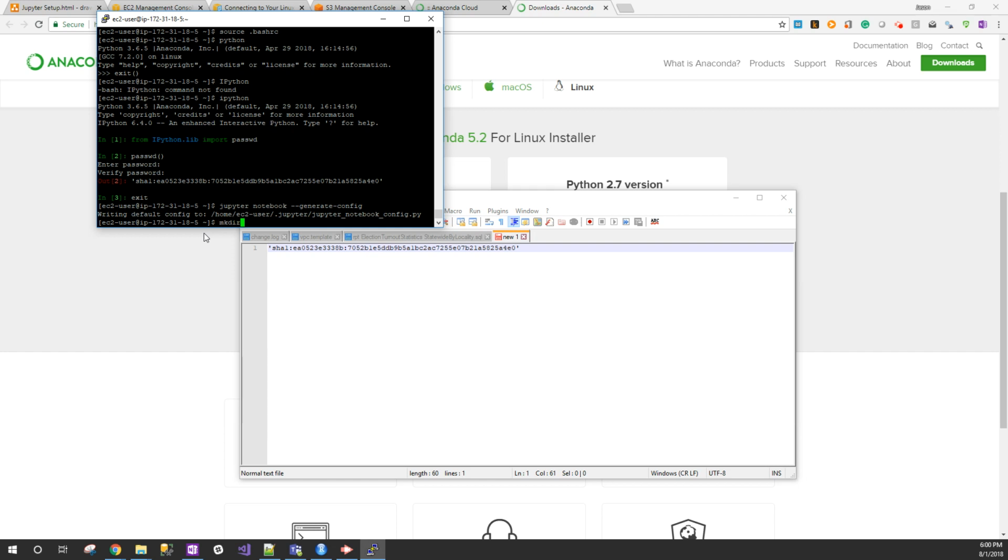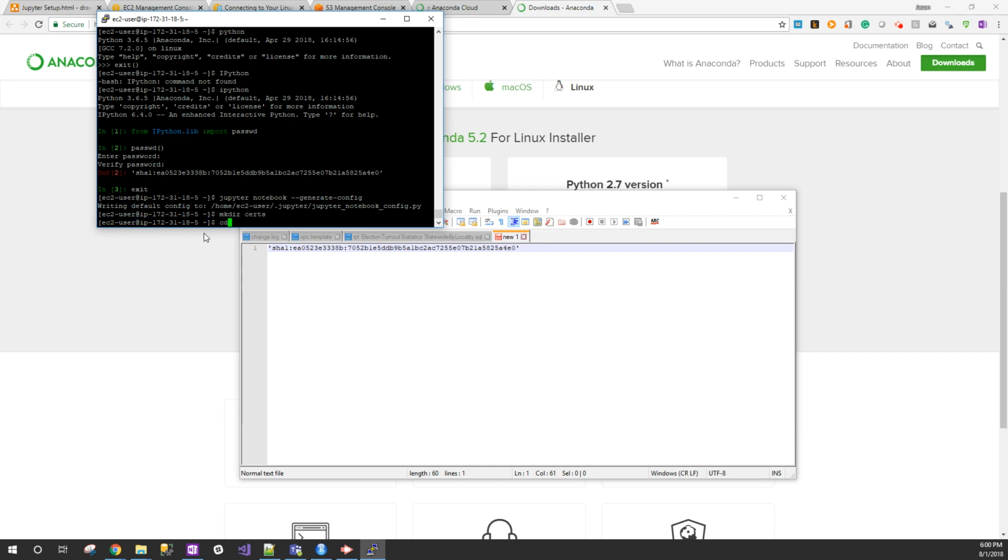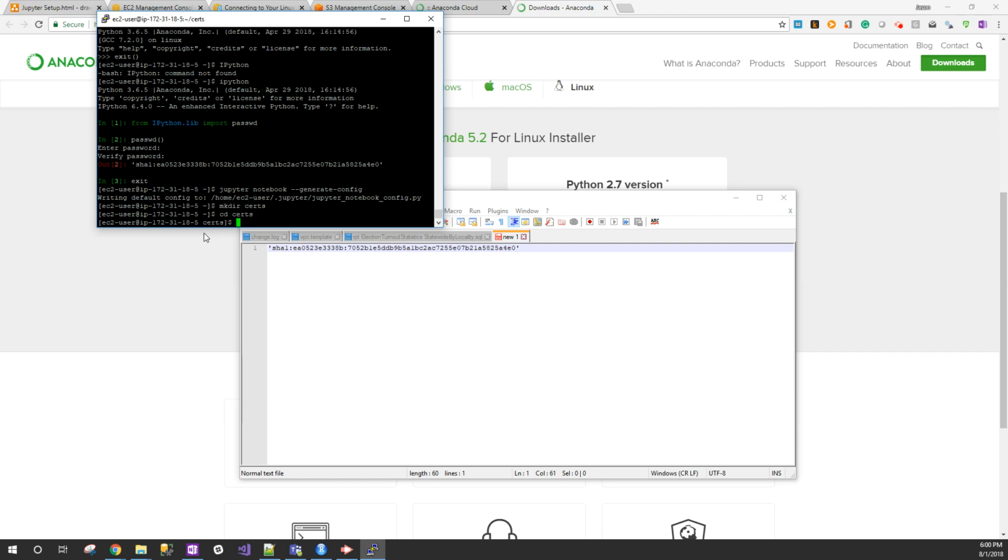mkdir means make directory. We're going to make a directory called certs. cd is change directory, so change directory to certs. We are now in our certs folder. And then we are going to run a fairly long command: sudo openssl req